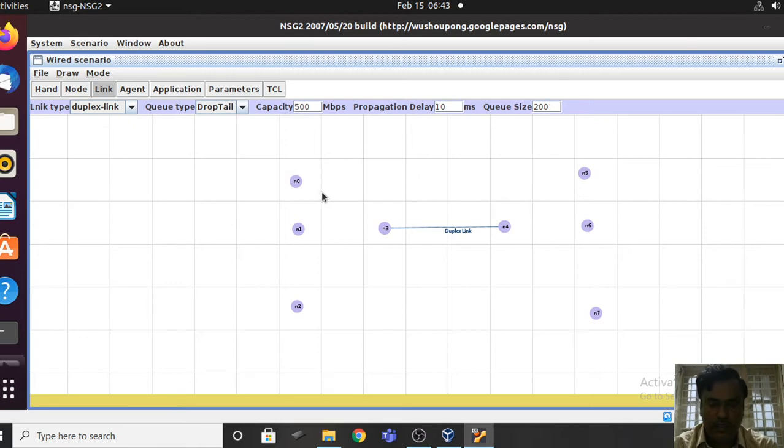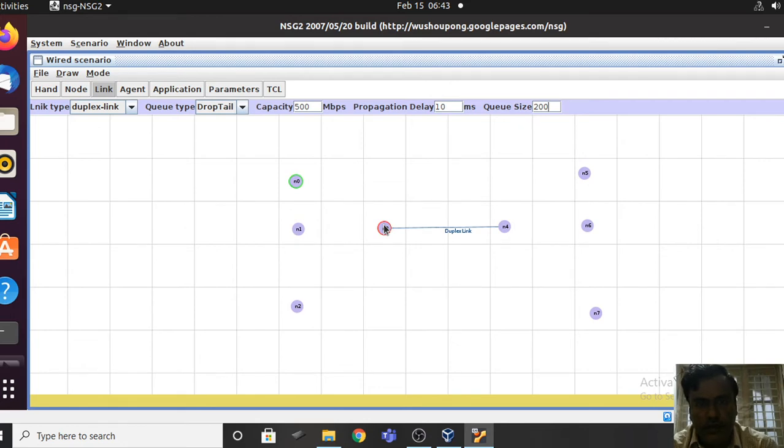So these are the values I have taken. You must make a note of this. I can remember 150, this is 500, and 200. So the same values I'm going to provide for others.